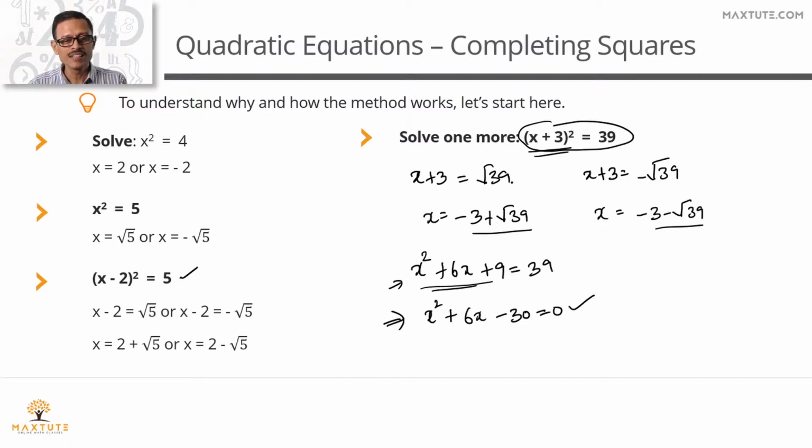The question is, in this case, it was easy because we started from here and we realized it's the same as the original equation that we had. What we are expected to do is keep this as your starting point and get around to reaching this completed square form. So how do we go about doing that? Let's see it in the next slide.